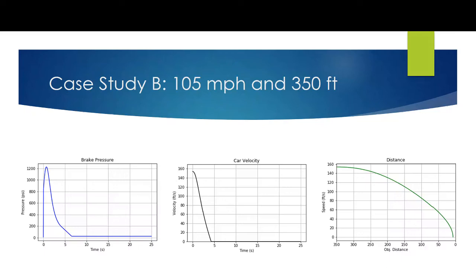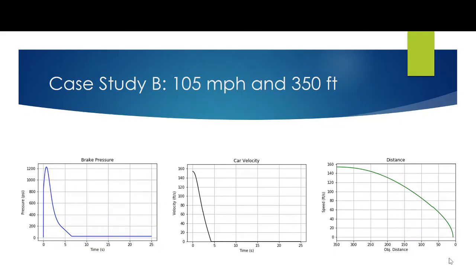You can see again, these are the same 3 graphs. Time, percent PSI versus time. Initial speed stops in about 4 seconds. And then on the right here, you can see our distance from the object on our x-axis, and then our speed in feet per second on the y-axis. We started at about 150 feet per second, and we're able to stop several feet in front of